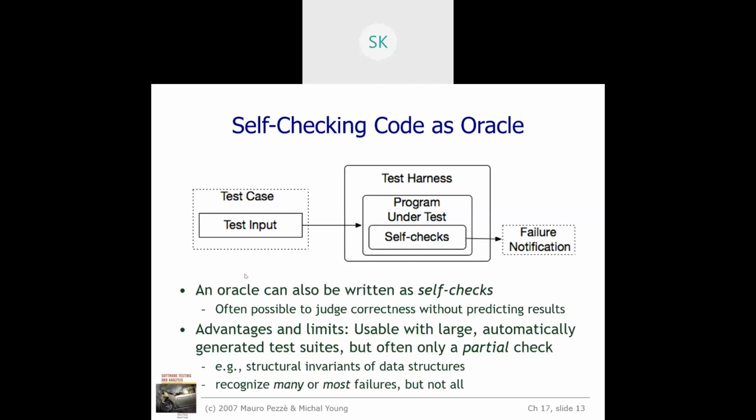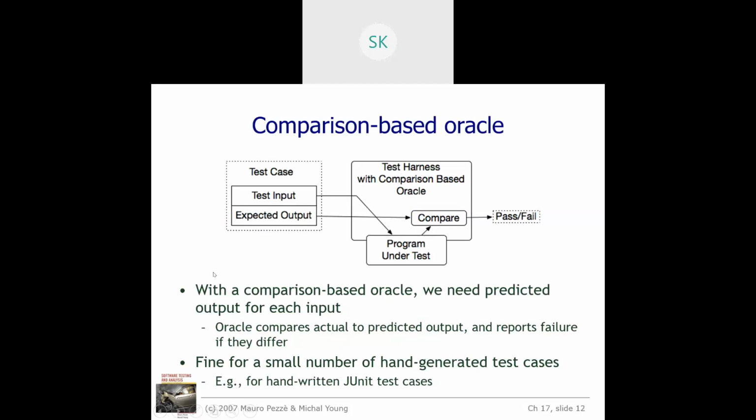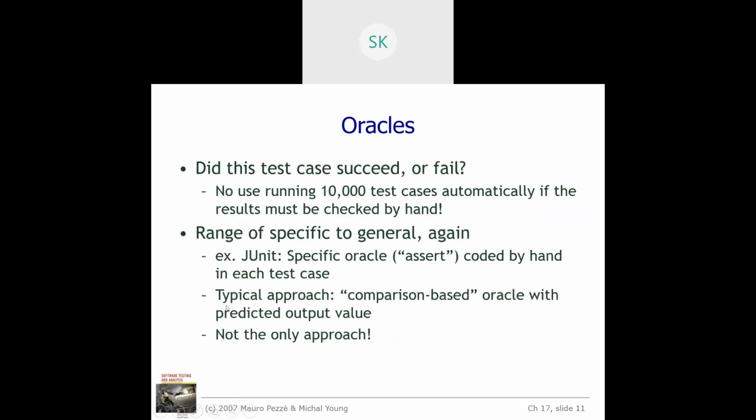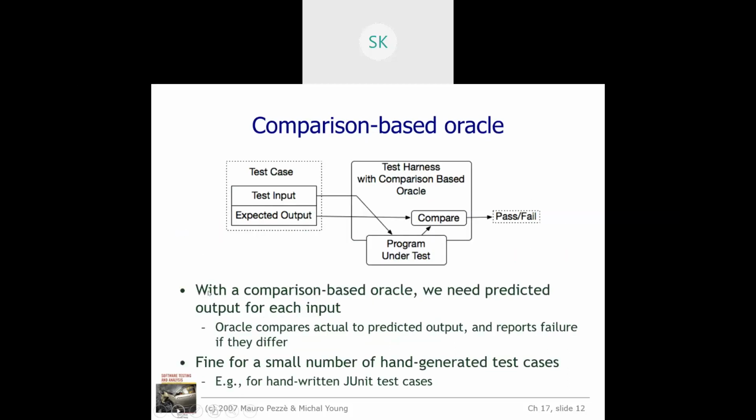See what happens with your previous one. With a comparison-based oracle, the test case needs to be designed. For this test case, what is the expected output? You need to calculate, compute and store it. Then you need to apply it to the program that you are running. Whatever comes from this program, you need to capture it. Then you need to compare it with this. This one you separately need to take care of, and based on this particular test input, you need to compute one more time. So two times you need to compute it.